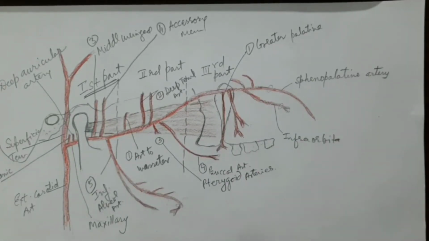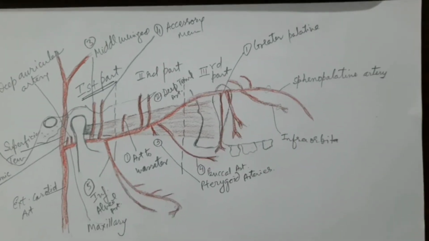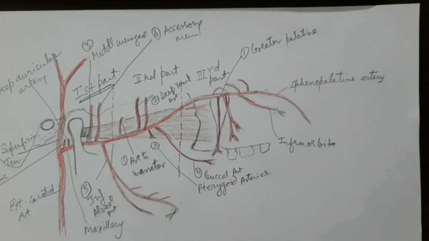The greater palatine artery will supply the hard palate, the soft palate, the tonsil, and part of the nasal cavity. The lesser palatine supplies the soft palate and tonsil and part of the nasal cavity. The greater palatine supplies most of the hard palate. Right? This was the first branch from the third part. And then we come to the